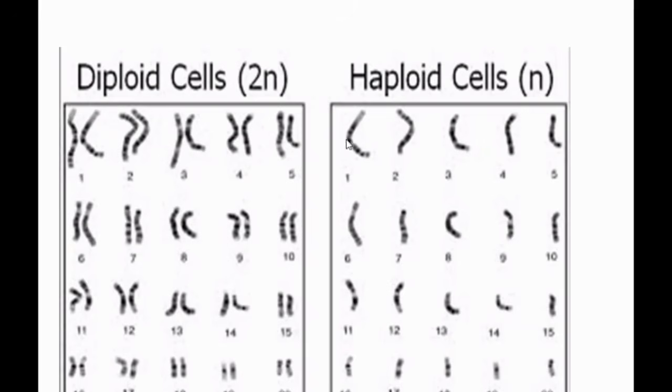So when two haploid cells, sperm with half the number and egg with half the number, both fuse in the baby, that is in the zygote, you will find the complete set of chromosomes. That is all the 46 chromosomes would be present. So this is about diploid cells, that means the normal body cells, and haploid cells, that means only the gametes. That's all about chromosomes and their number in the case of somatic cells as well as the sex cells, that is sperm as well as egg.